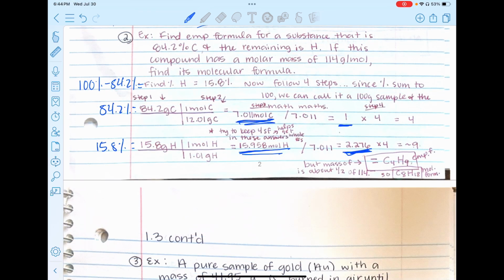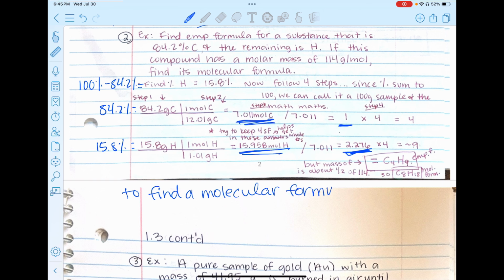So the problem here is that our original problem asked us for a molecular formula. It did not ask us for an empirical formula. So how do we do that? How do you find a molecular formula? Okay, so I might need to add this in because I don't think this was in my original PDF of the lecture notes. To find a molecular formula,